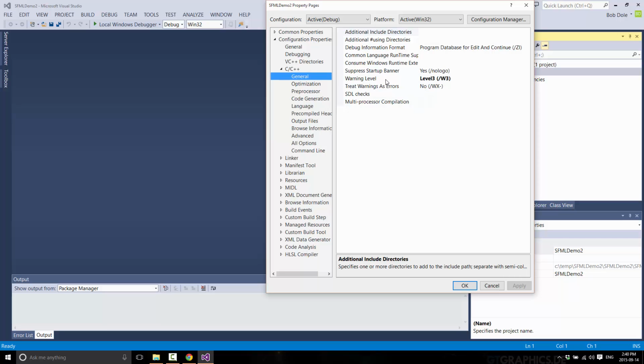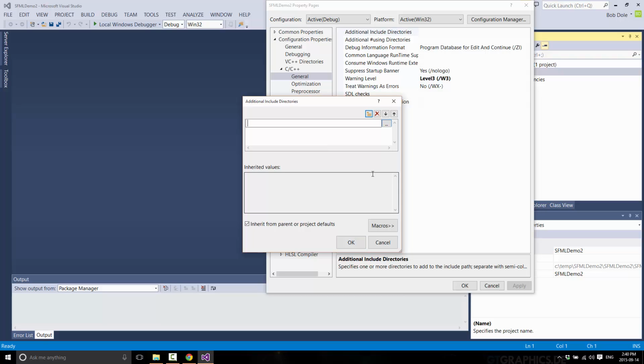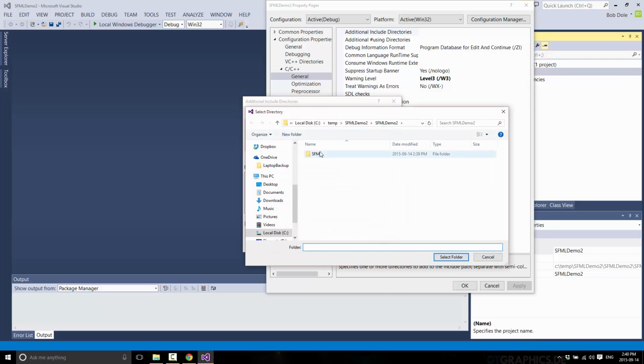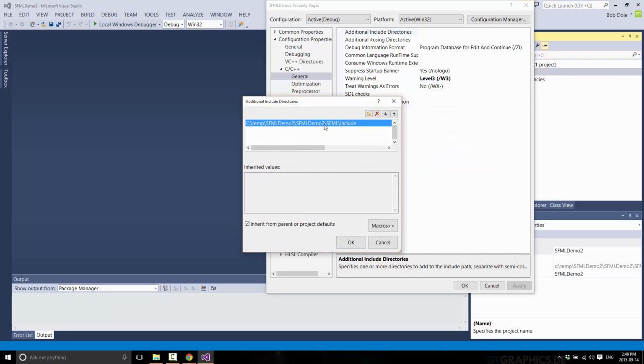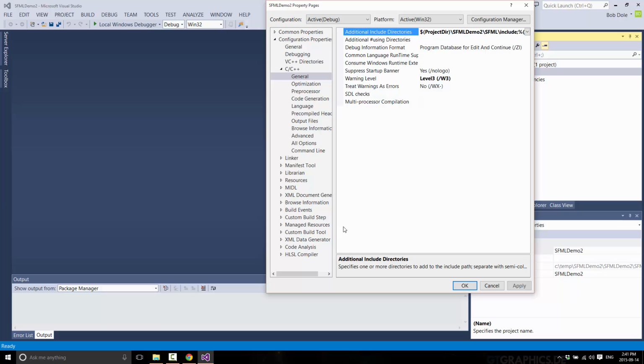and it's here, and we want to do additional include directories right there. So we're going to tell it basically where our #include files are. Add a new one, and here I'll do it the lazy way. It's in SFML include. So, you know what? That's ugly, because if I move it later, that path won't work. So let's do this as project directory, like so. So that's saying our include files, when you're searching for #included files, also look at this directory,